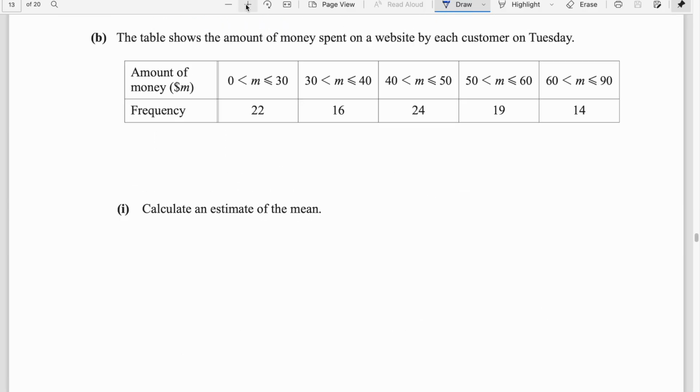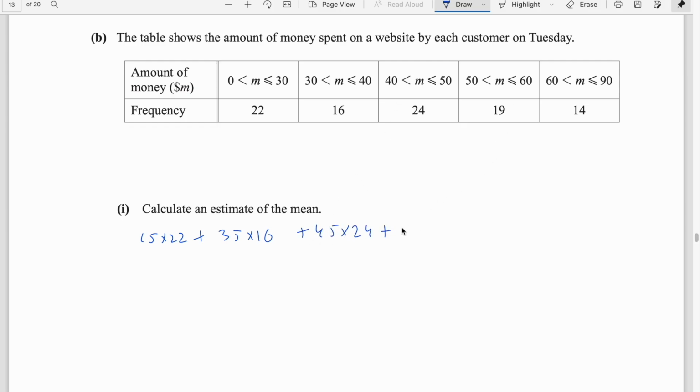B part. The table shows the amount of money spent on a website by each customer on Tuesday. Amount is given, frequency is given. Calculate the estimate of mean. So we take all the mid values. So this is 15 into 22 plus mid value of these two is 35 into 16 plus 45 into 24